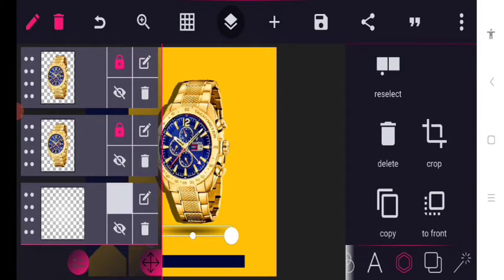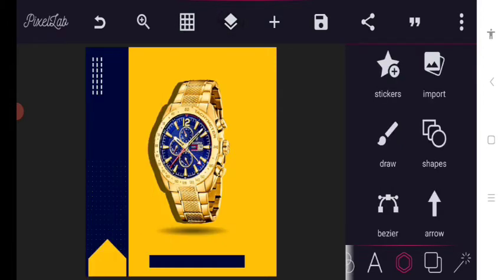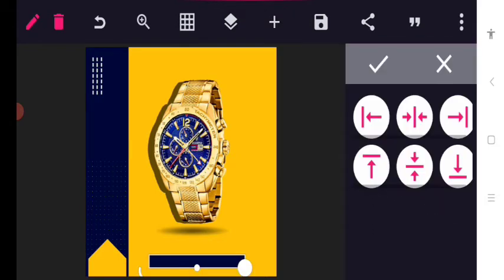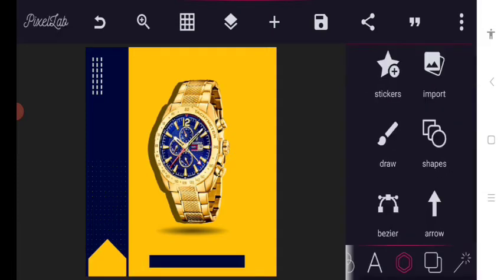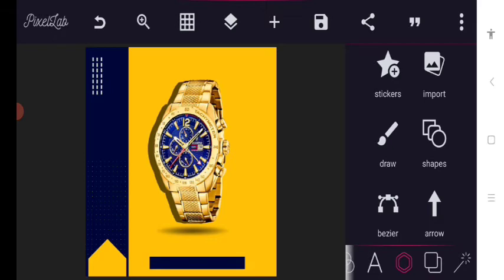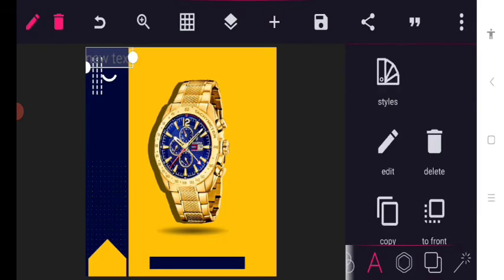Okay, just lock everything so that they cannot be running around while making our design. So just bring this to the middle. So just try and align it to the middle. Okay, so type in your text. Okay, type in your text now. Bring in our text, which is edit. You edit it